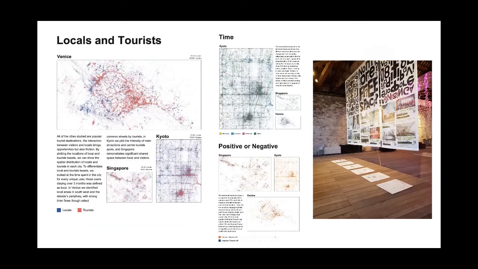So not only were we able to experience Venice, but we were able to see whether the data correlates with this. What was really interesting is we were able to take these Twitter data sets and say, okay, this is where tourists are, this is where locals are, this is where people are during the day, this is where people are during the night, this is where people are happy, this is where people are not so satisfied, this is where people are taking photos or eating or anything like that. So we're able to look at these activities through a data eye, and really identify where these important areas are.